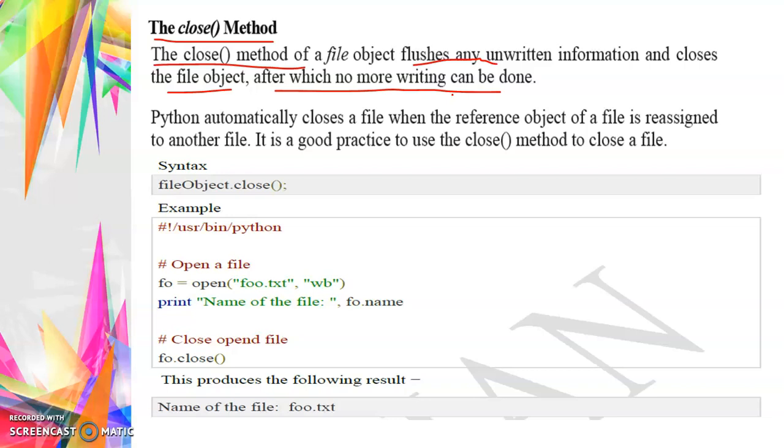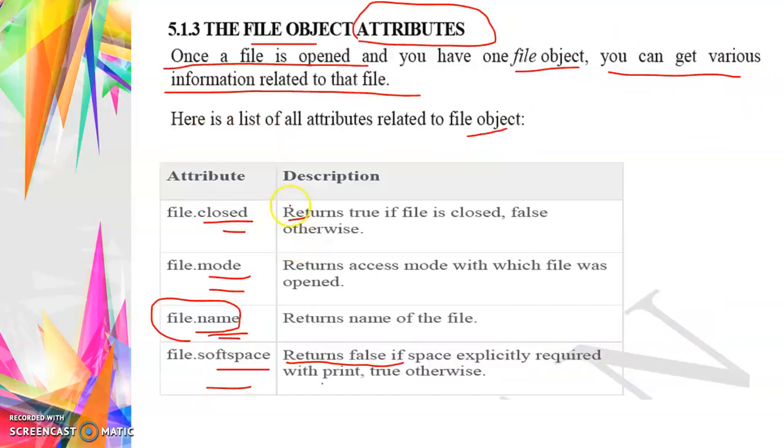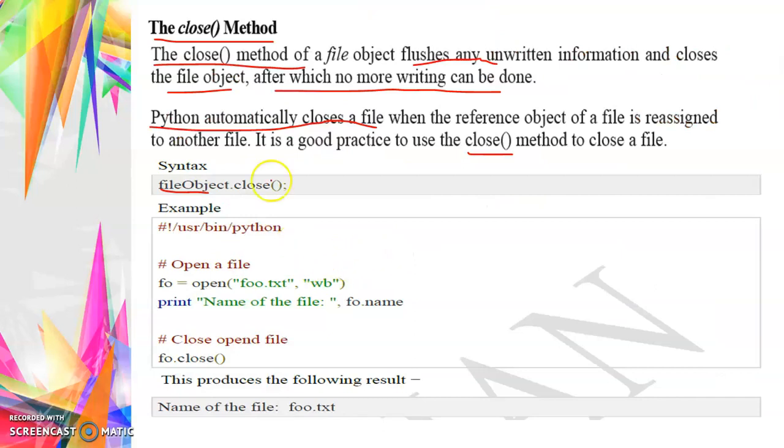So Python automatically closes a file when the reference object of your file is reassigned to another file. It is a good practice to use the close method, for example, file object dot close. Right?